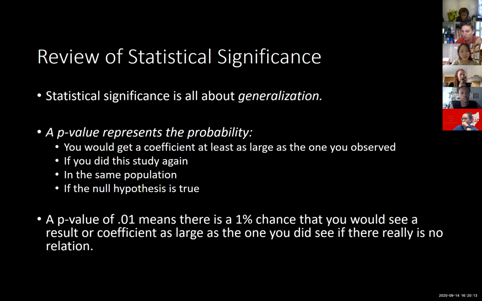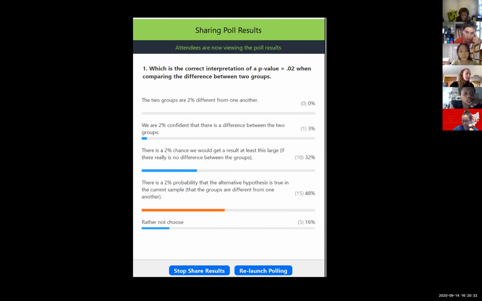And so a p-value of 0.01 means there's a 1% chance that you would see a result or a coefficient at least this big or bigger if there really is no relation that you're looking at, or if there really is no difference between your two groups. And if you're thinking about that poll, I'll show you the poll here. The correct answer is this one. There's a 2% chance we would get a result at least this large if there really is no difference between